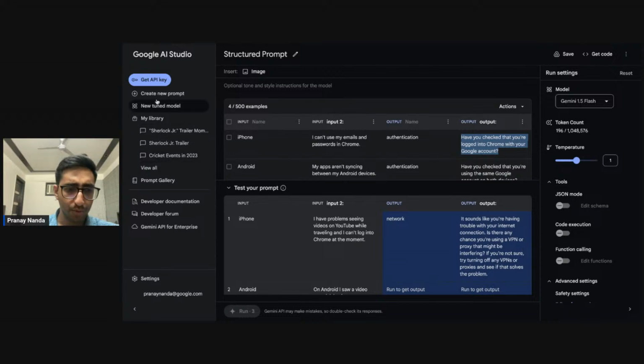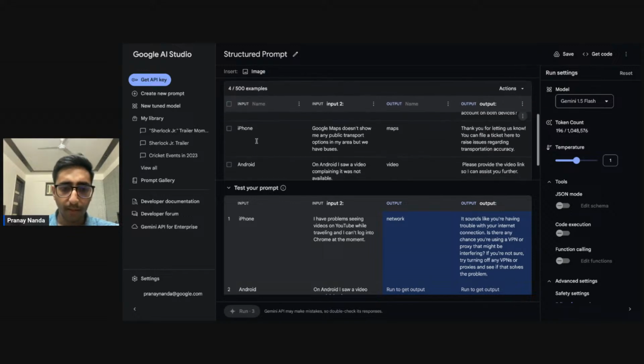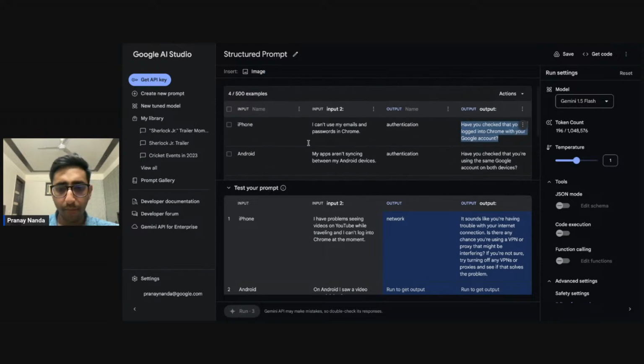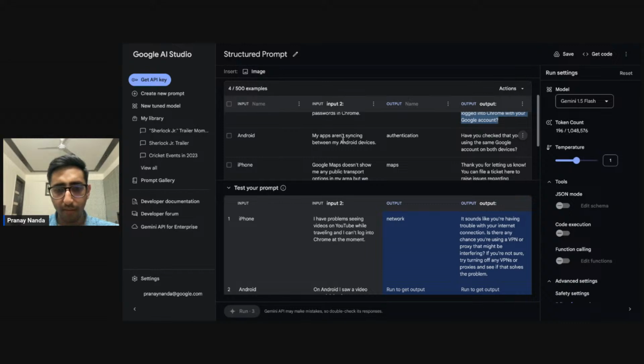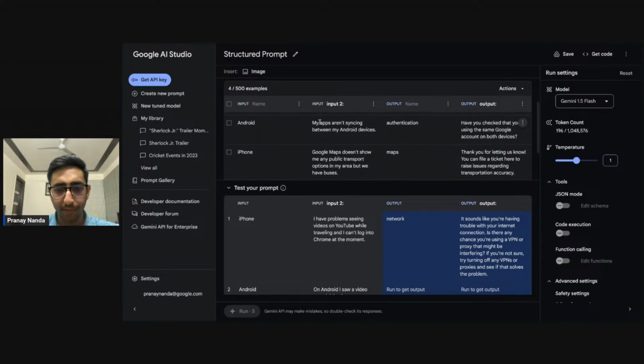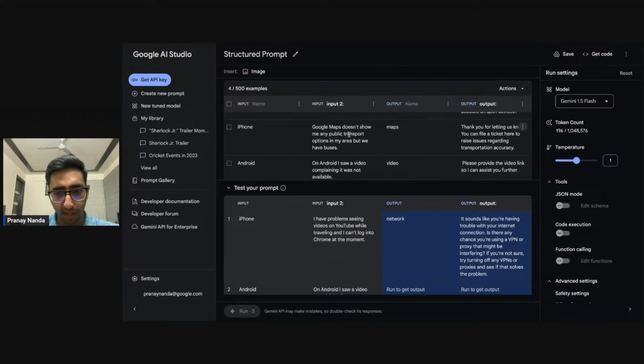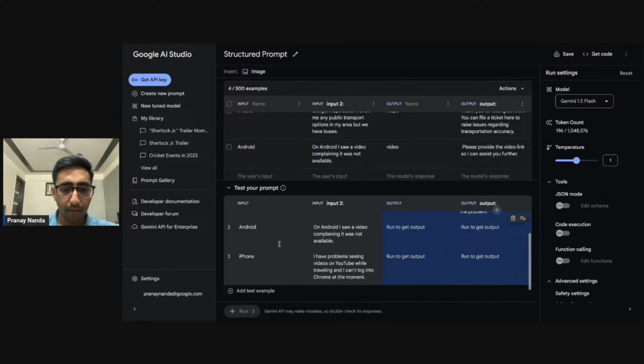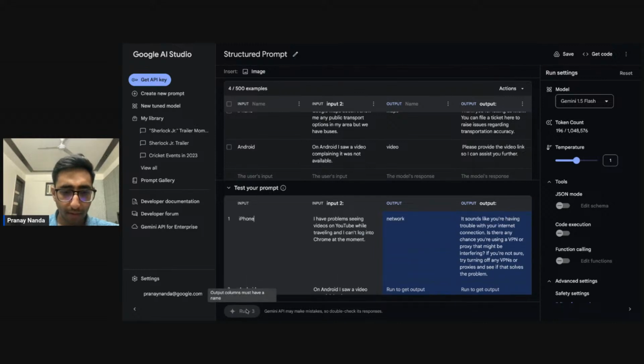Actually, let me just show. Let's just run this, right? Okay. So iPhone, two inputs. Android, again some input, some output. Let's say my apps aren't syncing between my Android devices. It could be again an authentication issue, right? Again, iPhone, the issue and classification, and the output back. Now, let's say if I give it three inputs, right,